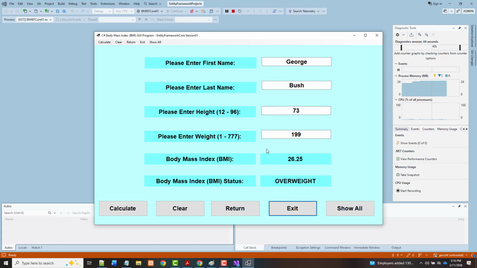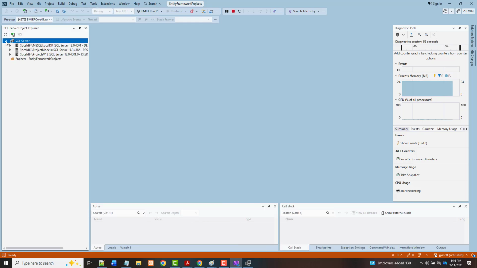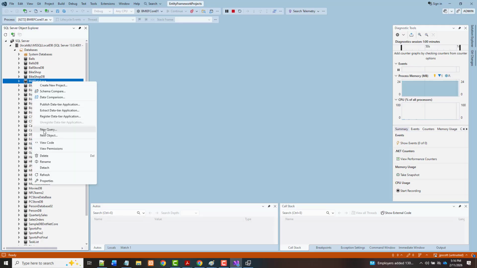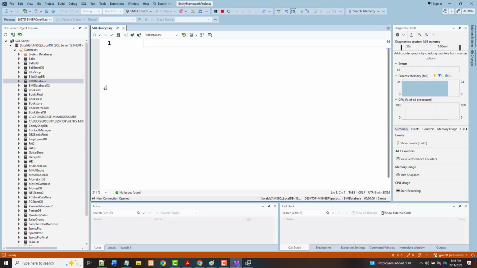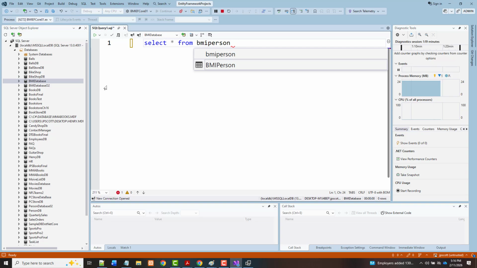But in fact, let's not exit. Let's leave that open. If I click View and go to SQL Explorer and bring up the database, which was the BMI database, let's run a new query on this. Select star from BMI person, I believe it is. And if I run this now,